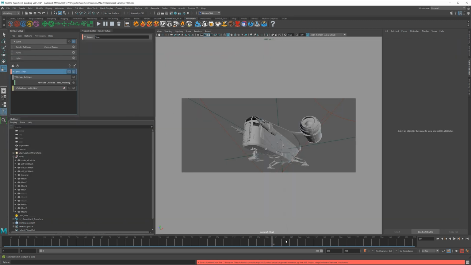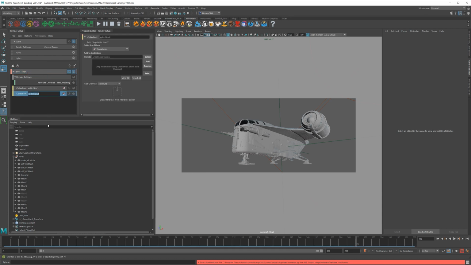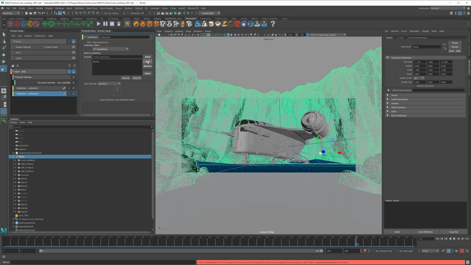But what we also need to consider is that we still need the reflections of the ground, and we still need the shadows cast by those rocks. So now we're going to create a second collection on the ship, and this time we're going to add in the rocks. And we also need to add the dust in a moment too, but we're just going to start off with the rocks. So we'll add those rocks right there. So we can just type in